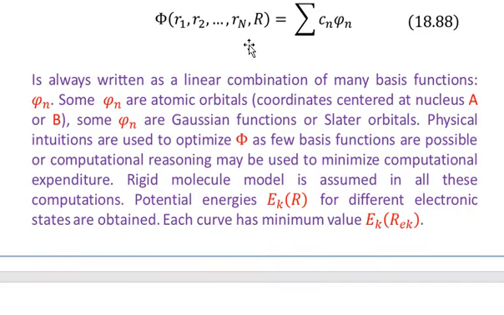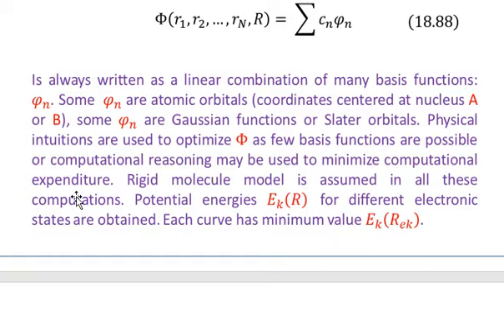So the molecular wave function phi is always written as a linear combination of many basis functions phi n. Some phi n are atomic orbitals, with coordinates centered at nucleus A or nucleus B. Some phi n are Gaussian functions or Slater orbitals. Physical intuition is used to optimize phi with as few basis functions as possible,